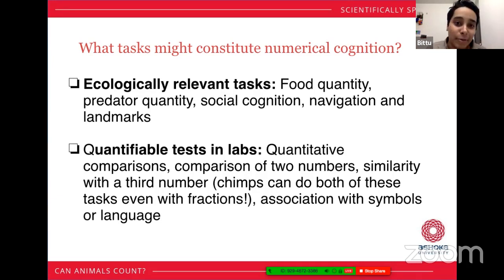The number of animals in the other group relative to your own group might be an important factor to consider when deciding whether to wage war or flee, right? So whether to implement fight or flight. And then there's one more context in which